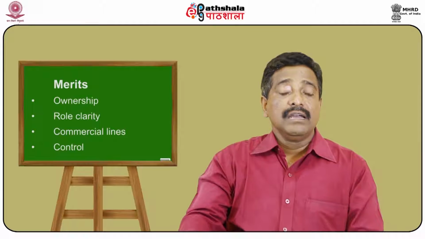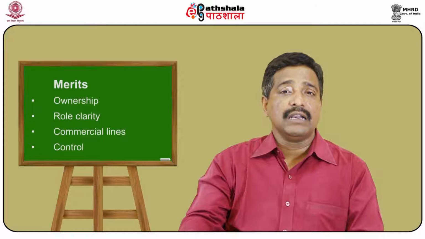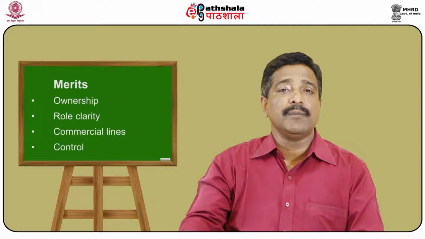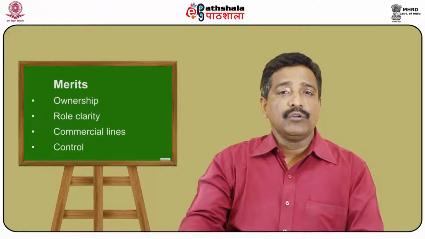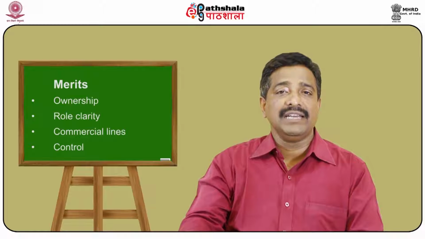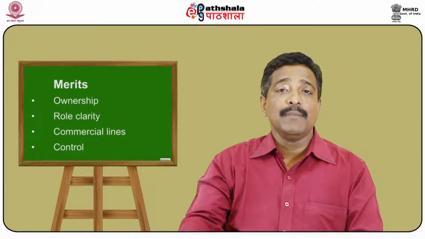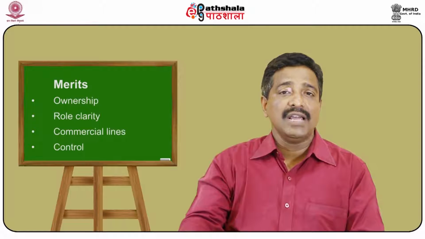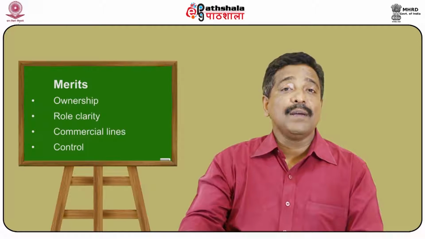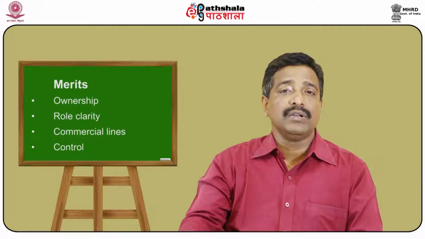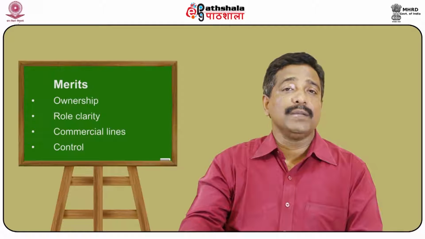Some of the merits are that these public corporations are run on commercial lines, in the sense that they are established with a specific social purpose. However, there is some element of profit attached to it, which is not possible in the departmental form. If we take the road transport corporations in all the states, they are established on the same line. They are public corporations. They have a social goal as well as profit orientation, in the sense that they combine societal obligations as well as commercial obligations. Both obligations are put under the corporation banner, which is not possible in the departmental form.